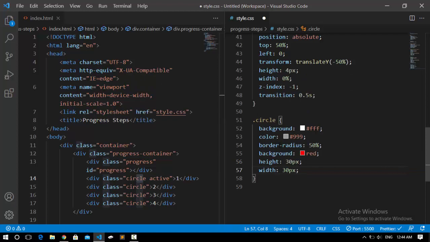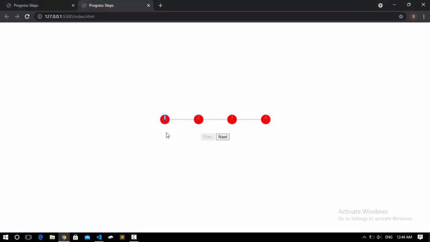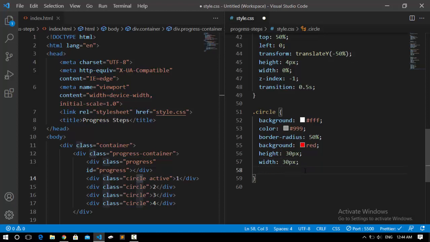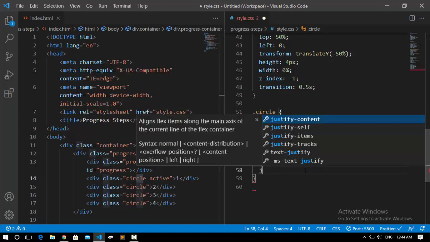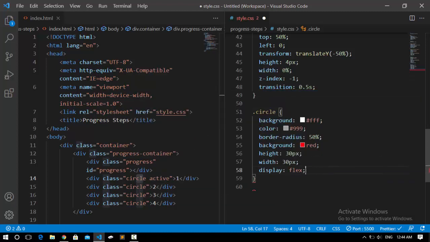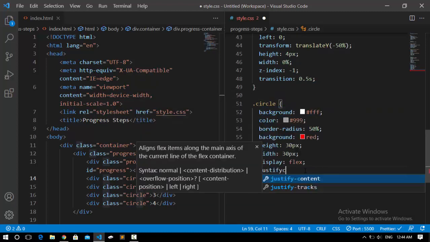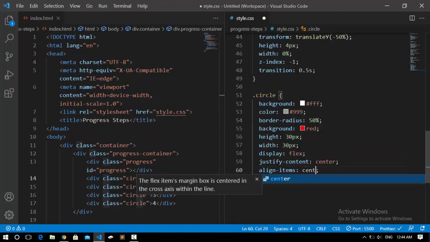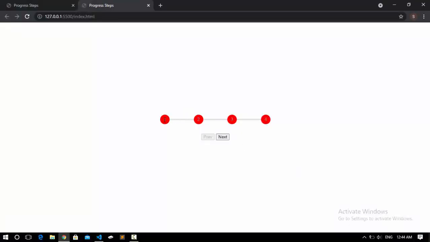So I just say width, and you'll see that it's getting like this. And you notice that the number is not exactly at the center of this div. So to fix it, I'm gonna come here and use flex. I just say display to flex, justify content to center, and also align items to center. You see that it is perfectly and exactly at the center, and we also have to give it a little